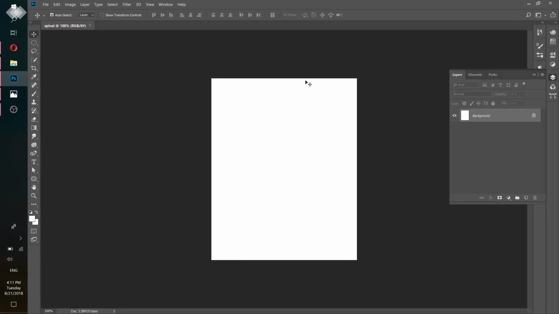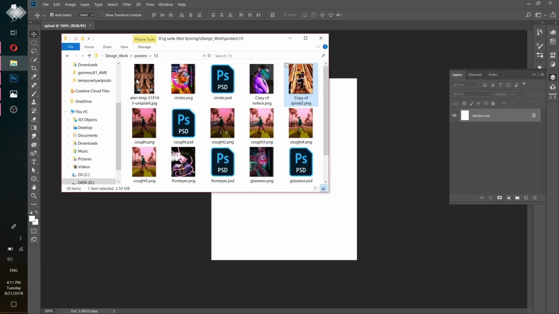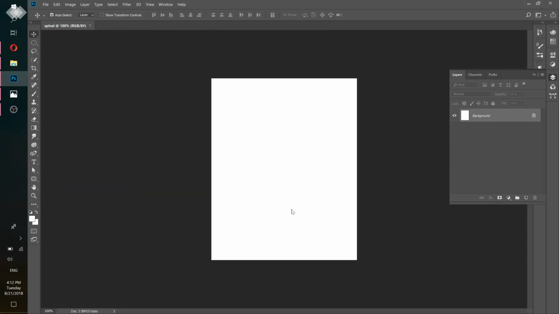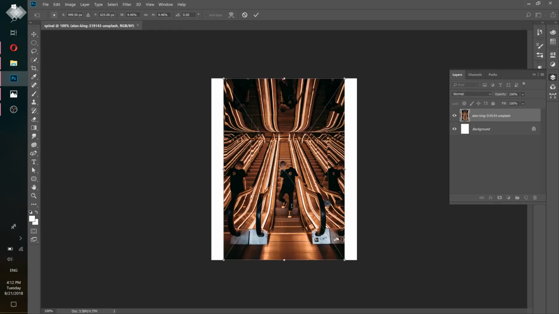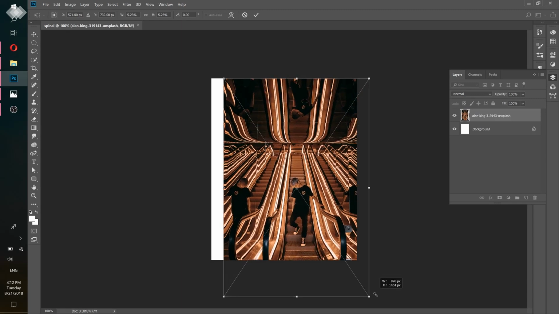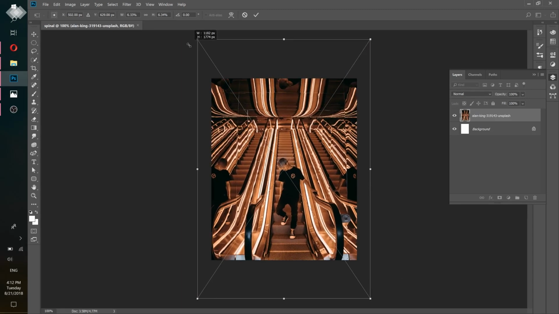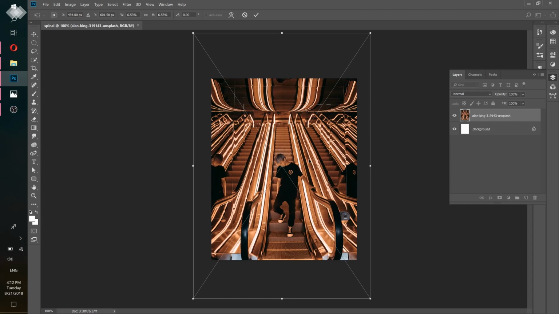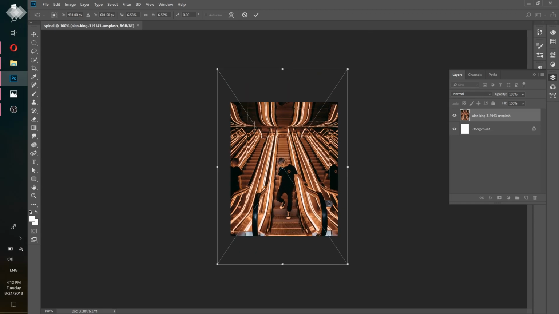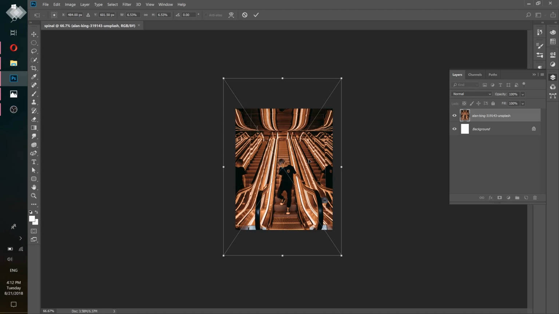Perfect. So this is our working area, and let's get started by putting this image inside. So you'll find this image in the project files, so let's just put it here. Yep, like this. And let's make it a little bit bigger, so we hold shift and drag it, we hold shift and drag it again. And let's go back a little bit, so control minus or command minus for Mac in order to zoom out